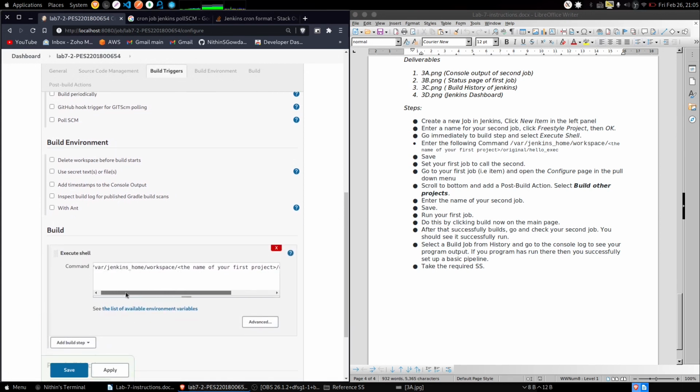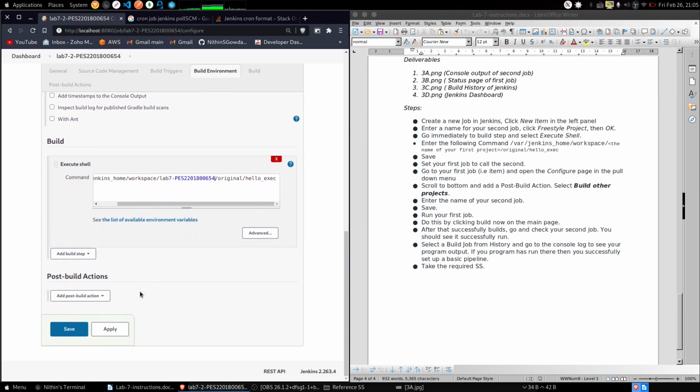Okay, and here we need to enter the name of our first project. Erase that part and enter the name. For me it was lab 7 my SRN. If you have followed the same naming conventions, then yeah, modify it as your SRN.